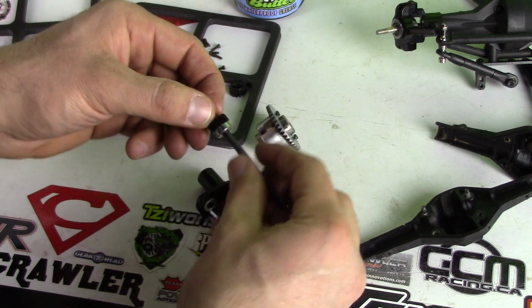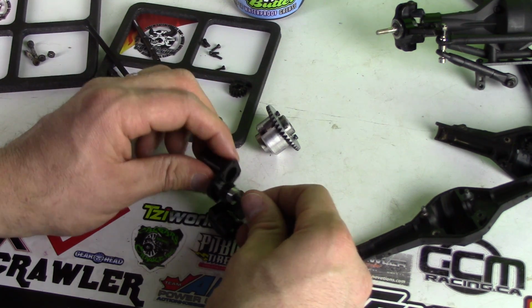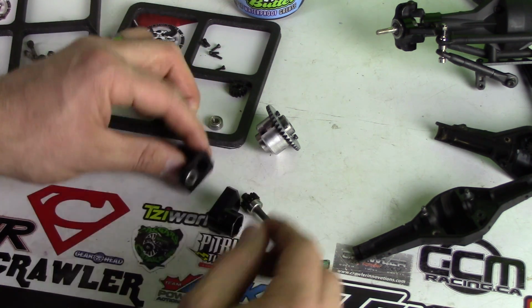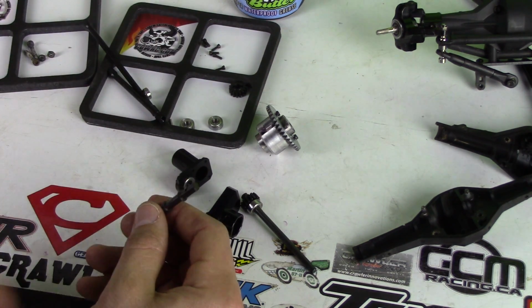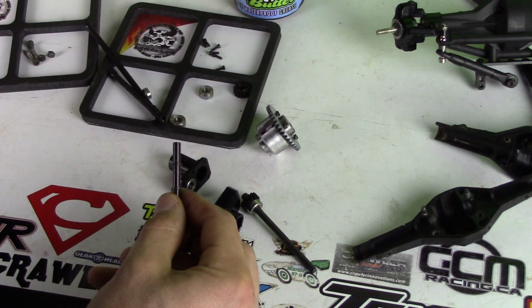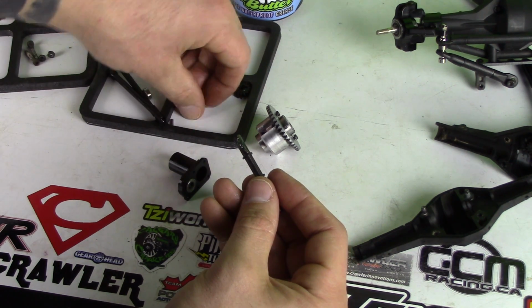Now, what's going to happen is when this all goes together, this is going to be stuck in that bearing right there, so we don't necessarily need to have it on the end of that shaft right now. I actually like to keep it in here for safekeeping. And then, of course, there's that little stub shaft as well. Same idea, right? We're throwing a bearing on the inside of this bad boy. Hold on, a little bit of this on there, because I'm going to have to put one of those cross pins in there. So throw the bearing